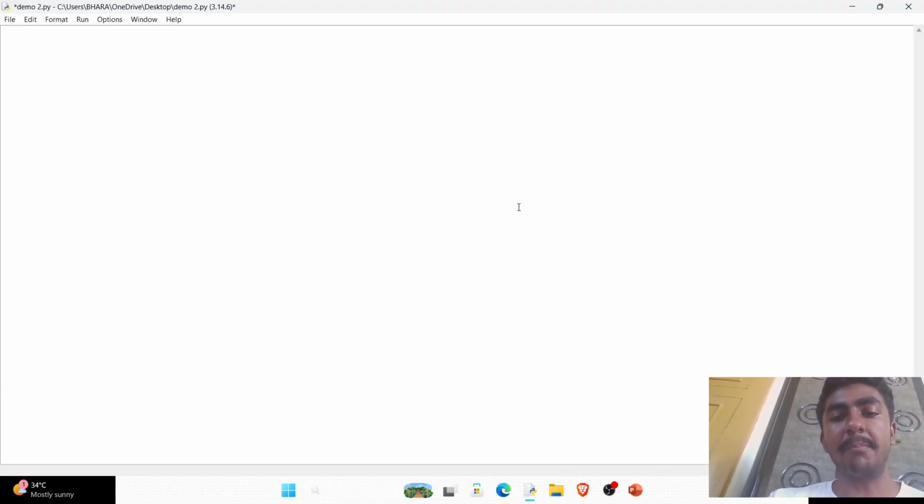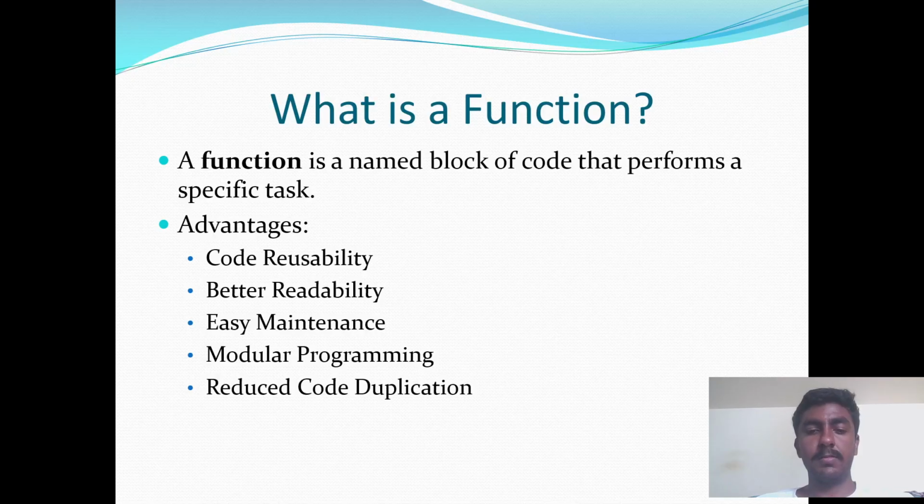Now we have completed the pattern programming. At this point, we will move on to the next important topic in Python called functions. Functions help us to organize our code, avoid repetition, and build large programs in a clean and professional way. Let's begin by understanding what